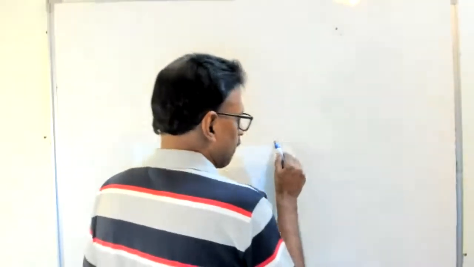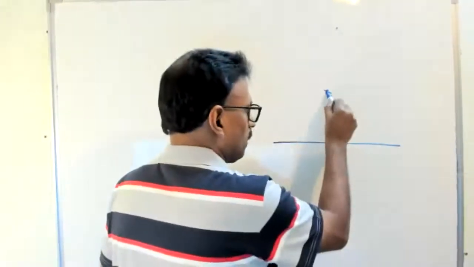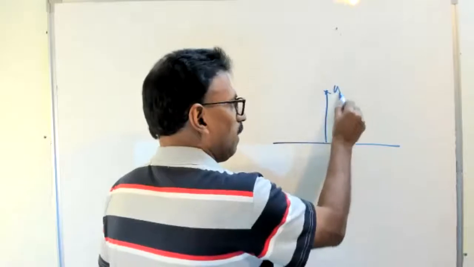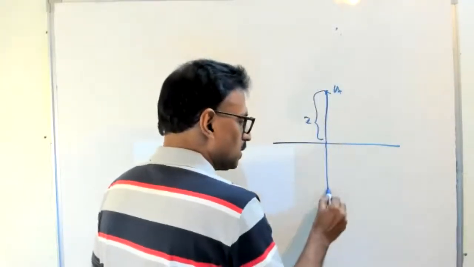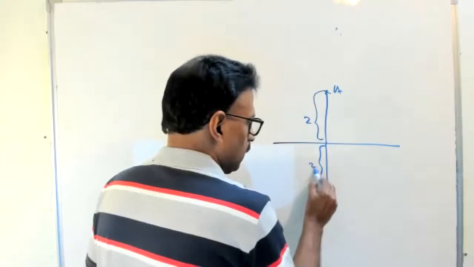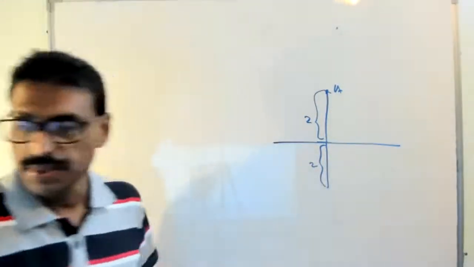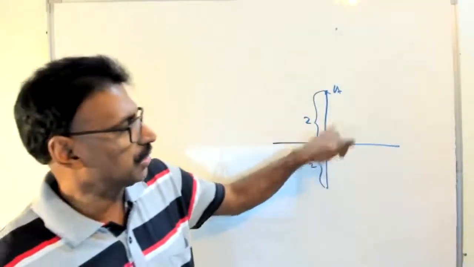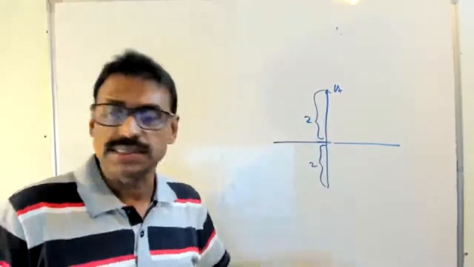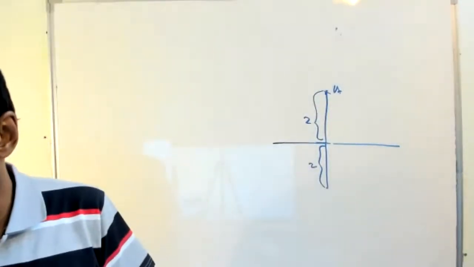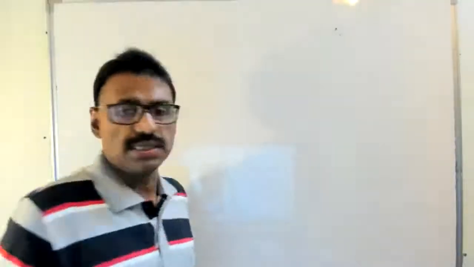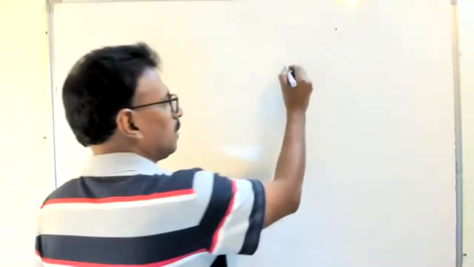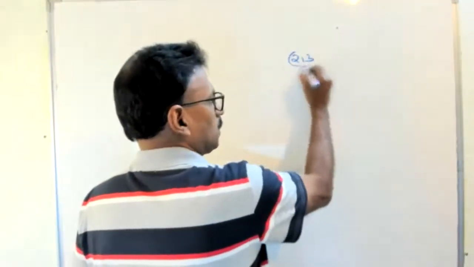Correct or no? Suppose, look, a mirror here and a point here. Suppose this is A. This is the mirror. This distance is 2. This also is 2. From the mirror to the object and from the mirror to the image is the same. This is called a mirror image. Now look here. Find the mirror image of 2, 3.